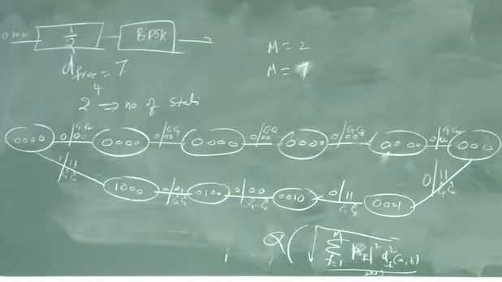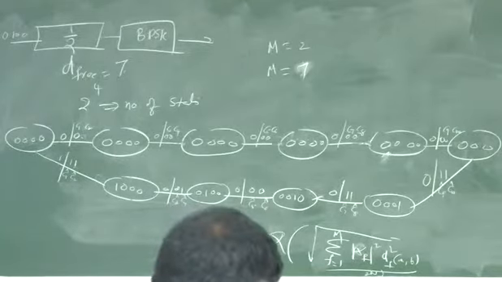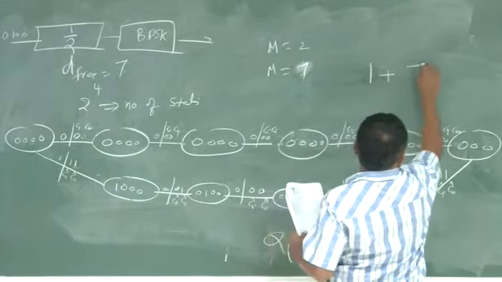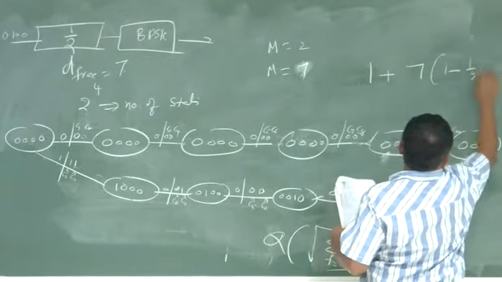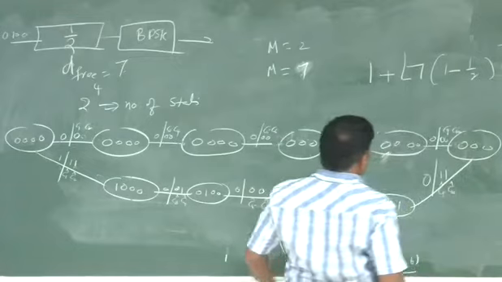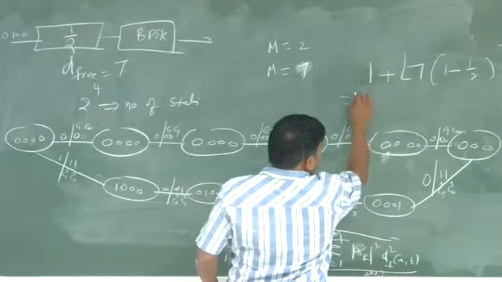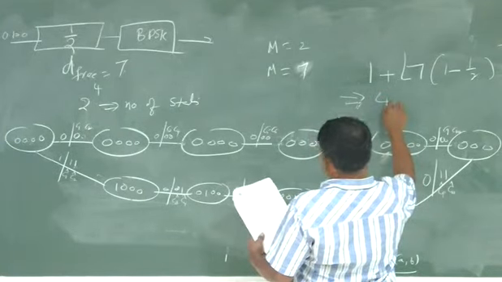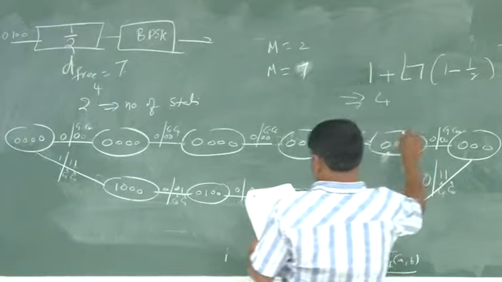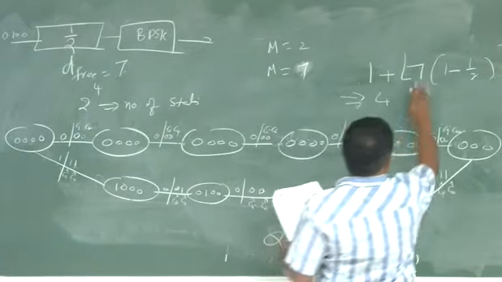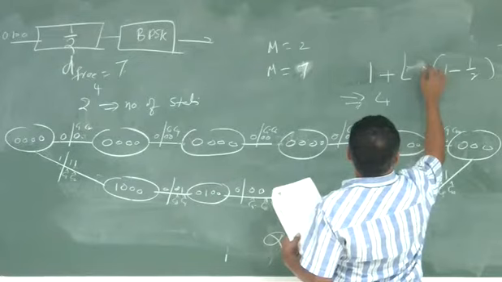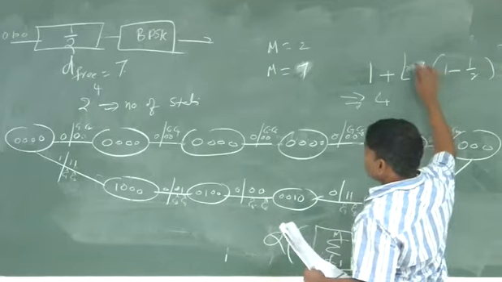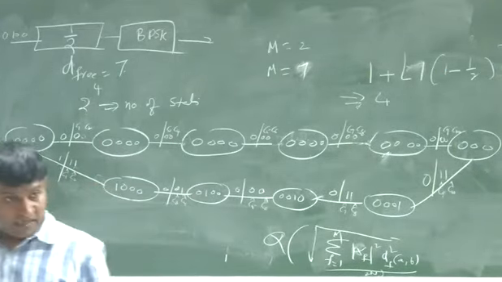Singleton bound says 7 or 5? You have 7 antennas. Let's see. 1 plus 7. 7 into 1 minus. What is it? That is what? It's 4. 4? Yes, sir. 4. Okay, let's take 8 antennas. 7 antennas, you get 4. And if you take 8? 5. Okay, you show me how much you get.